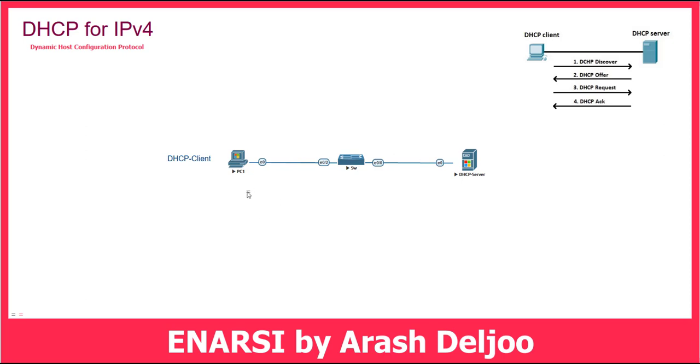The name of this broadcast message is DHCP discovery. DHCP discovery is sent to, for example, the quad 255 broadcast address, and because of that all of the systems in our network can receive this DHCP discovery,